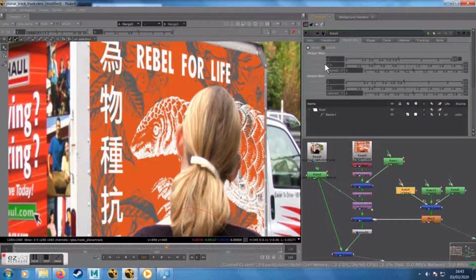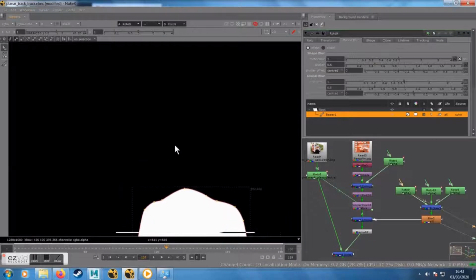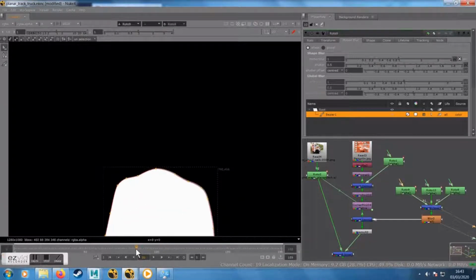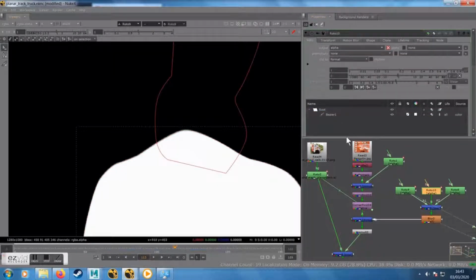We can further put a little bit of blur into these things by going through the roto shapes which make the woman and turning on the motion blur button. So in each Bezier shape there's a motion blur button, so if the shape moves a lot from one frame to another, it will blur it more or less depending on how far it moves from one frame to the next. That gives quite a nice realistic motion effect, which we do have in our footage, so it matches with that. Makes a much more subtle edge